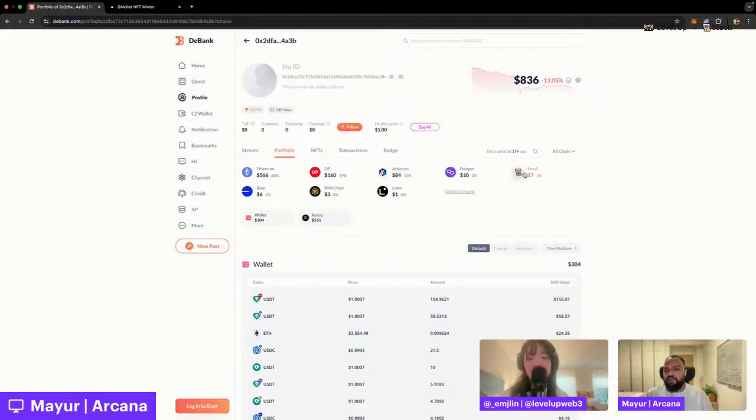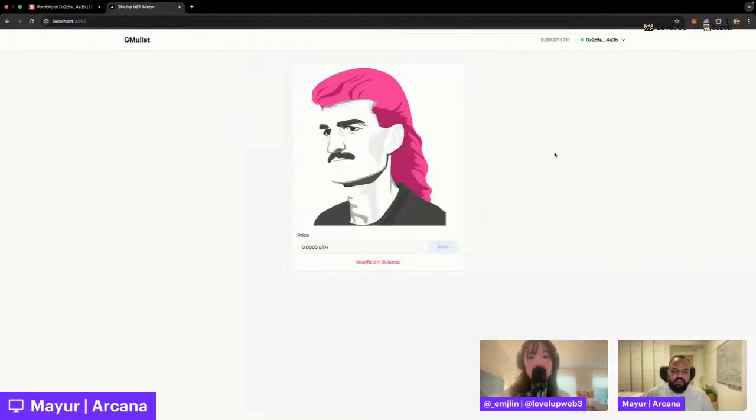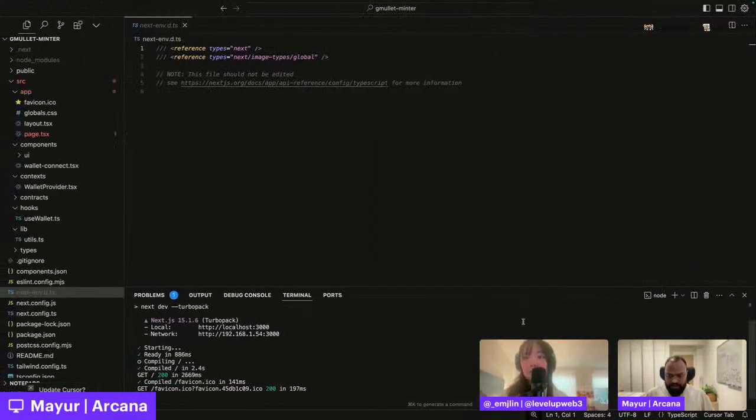So now what I would have to do is head over to some sort of bridging interface and bridge assets over, perhaps from Arbitrum to Scroll, in order to have enough ETH to mint this NFT, right? But let's try to remove that friction and get to a place where the user doesn't ever have to leave this interface at all. So the first thing we'll do here is